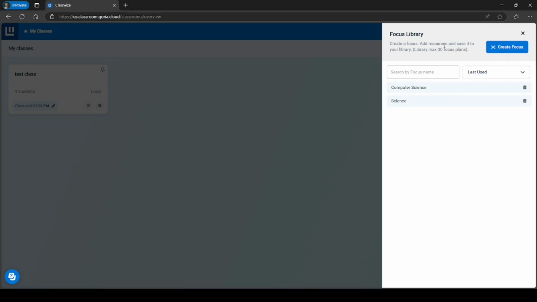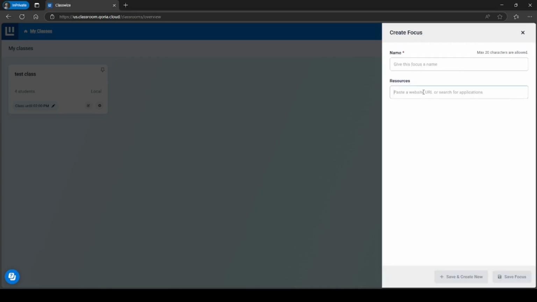What the Focus library allows you to do is create groups of sites that you want your students to be able to access and not be able to access anything else. In order to create one, you would click Create Focus, you would give it a name, and then you would start putting in your resources where you want them to be. Like, obviously, you probably don't want them going to Amazon, but you would put in your resources,